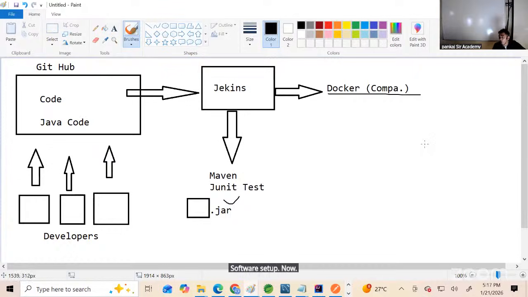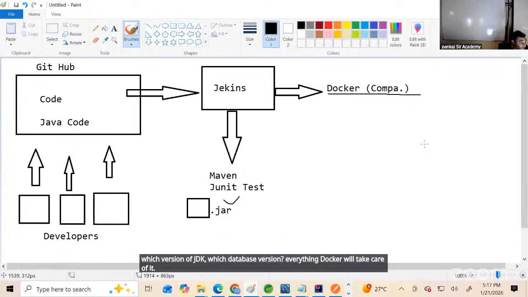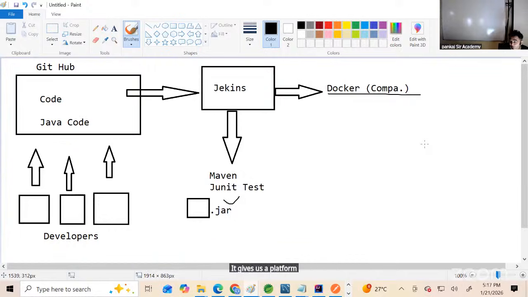Now to run Java code, I will require JDK. Yes or no? Correct? When I'm running my project, I would require a database. Which version of JDK? Which database version? Everything Docker will take care of. It gives us a platform to run the software actually. Are you understanding now? Now once this Docker file is being generated,